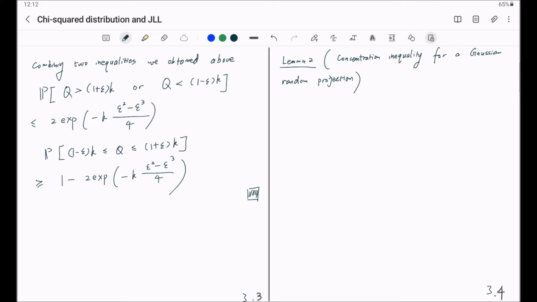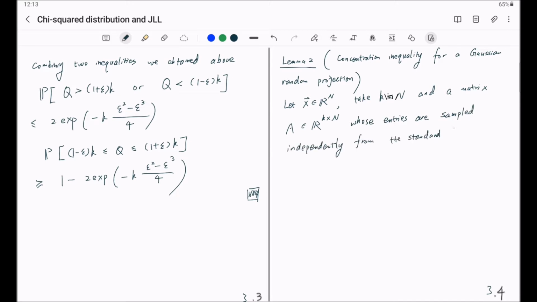Let x be a vector in R^n, N a positive integer. Let k be a positive integer, and A a matrix that is k by n, whose entries are sampled independently from the standard normal distribution. Namely, A is a k by n Gaussian matrix. Then for any epsilon between 0 and 1/2,